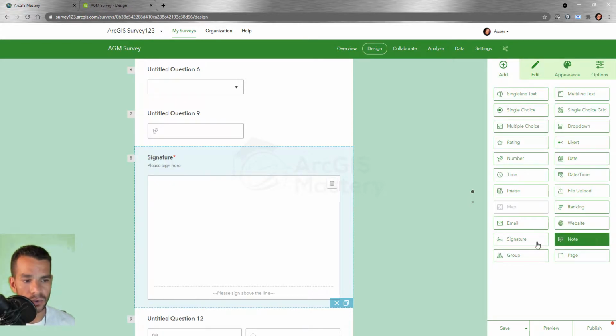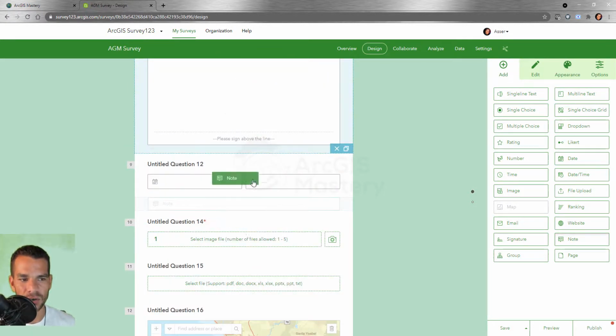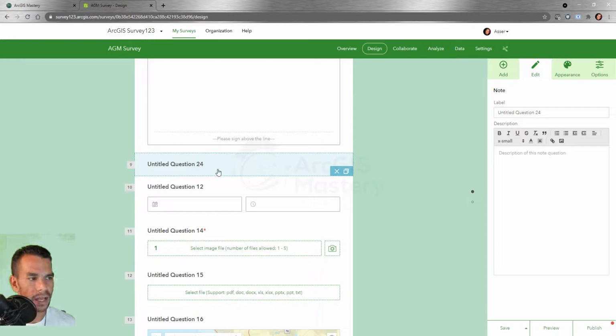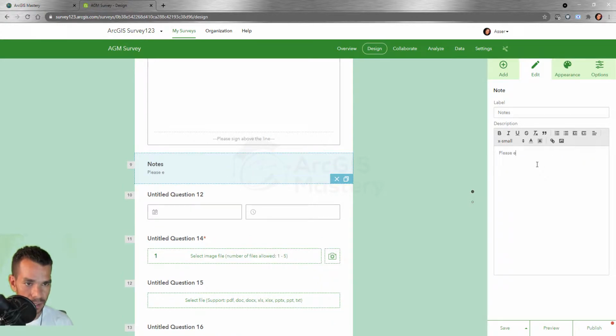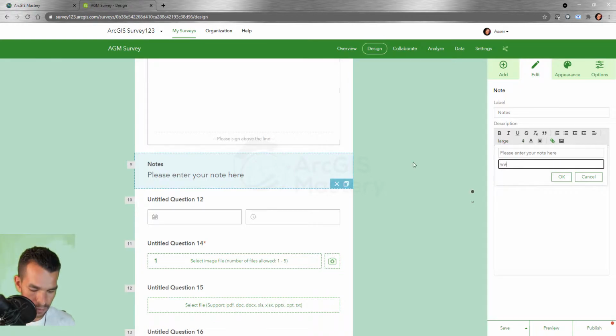We have another note control, and the note control is very similar to the multi-text, but it's just a note, so you can add your notes. And here you can have, let's say, notes, and say please enter your note here. And as you see, I can change the note to be like, for example, I can change the format for it. I can add a picture. I can make it as a URL,